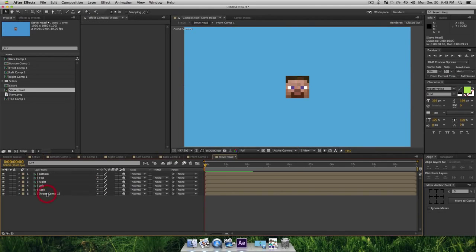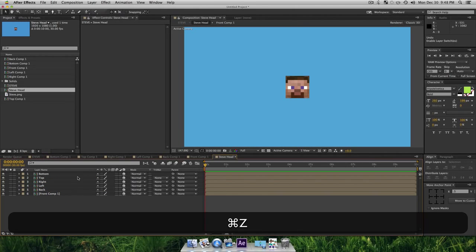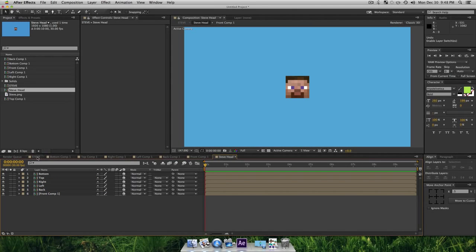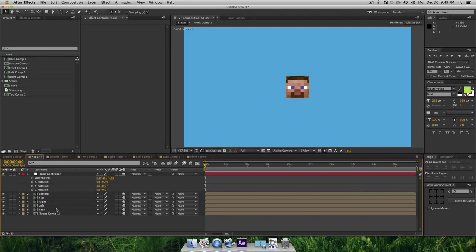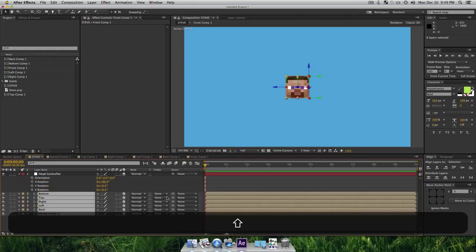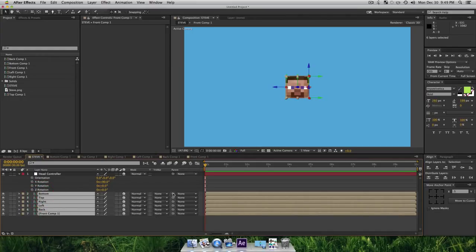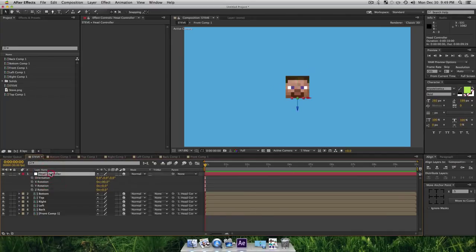What did I do wrong here? Oh, I see what I did. Actually, don't put them all into a comp together. What you're going to want to do is select them all and pick whip them to the head controller, and this way it'll work. I forgot you can't put that in, but now you can see I can rotate his head